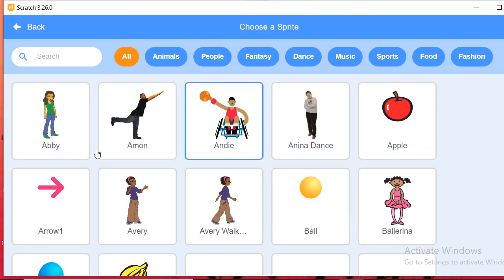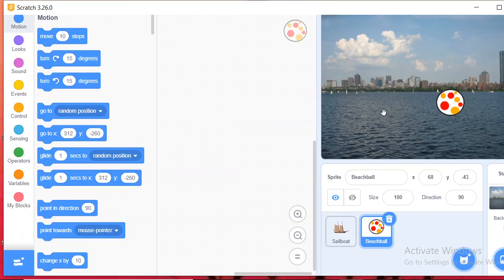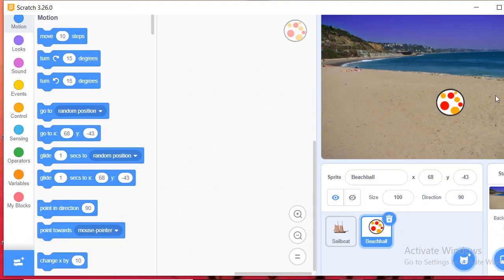Now I am going to add one more sprite. Now we can move this. How do we move that one?